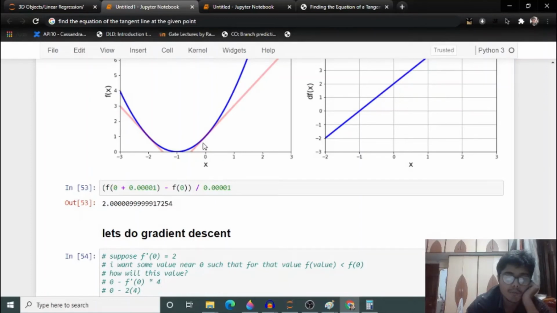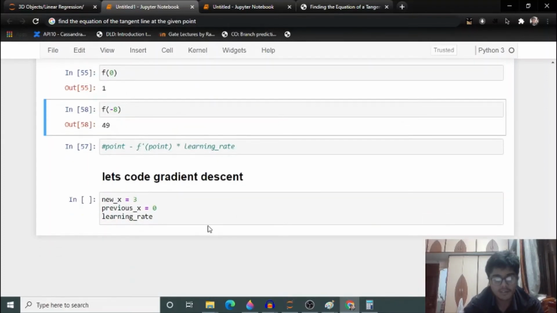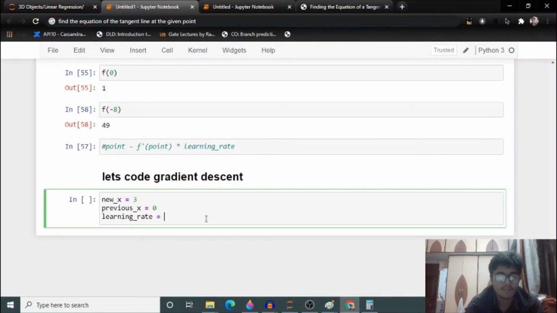Okay, I want to go to some point near here. Also, in this case I want to sum here, I don't want to go here. Then my cost function will rise. So I thought that you have understood why we put a learning rate. I will also demonstrate all these things by drawing plots.